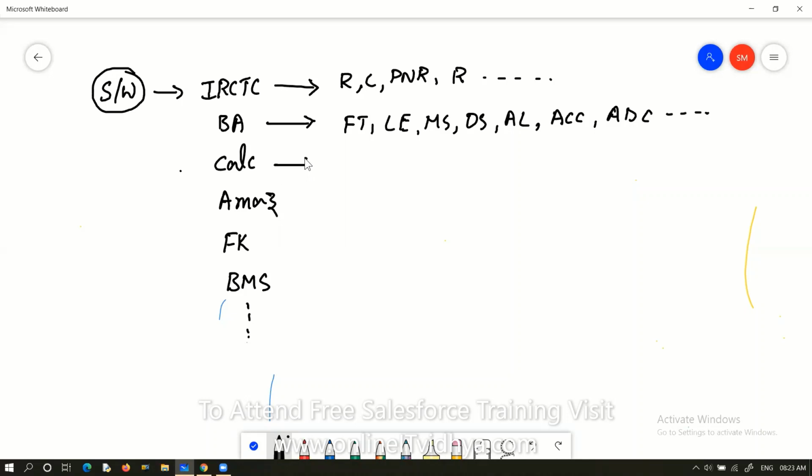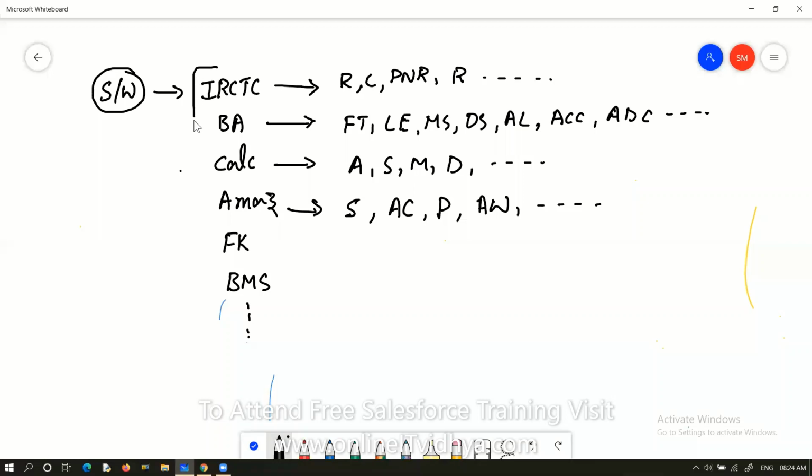By using a calculator, what can we do? Addition, subtraction, multiplication, division. By using the Amazon application, what can we do? Search for products, add to cart, purchase items, add to wish list. These are different activities. Add the communication address, cancel the order, track the order. If you observe, these are all either applications or software, we can call them anything.